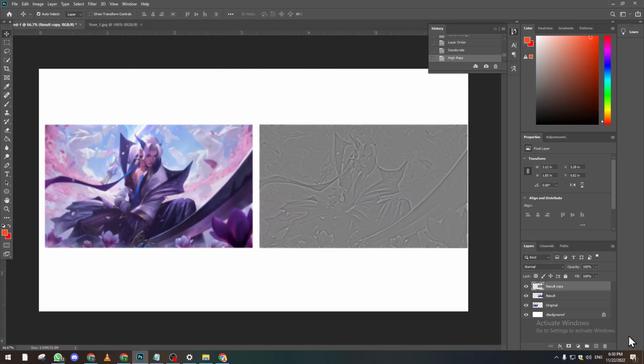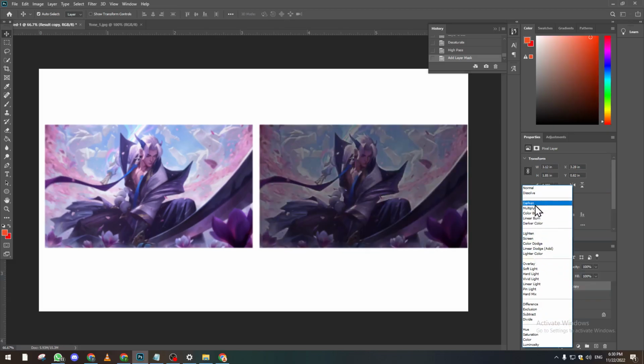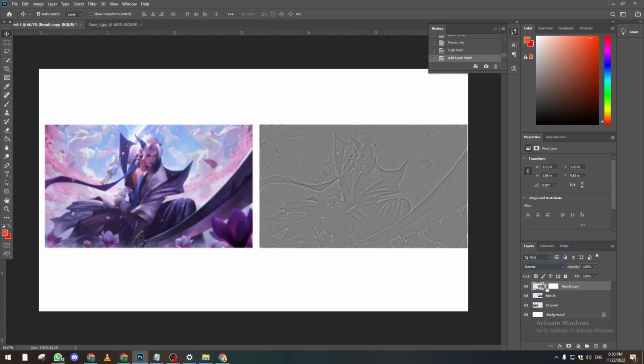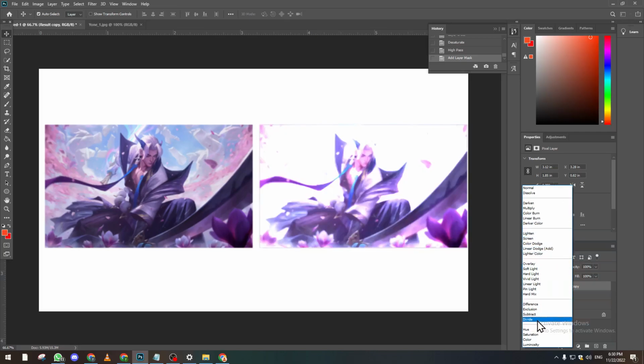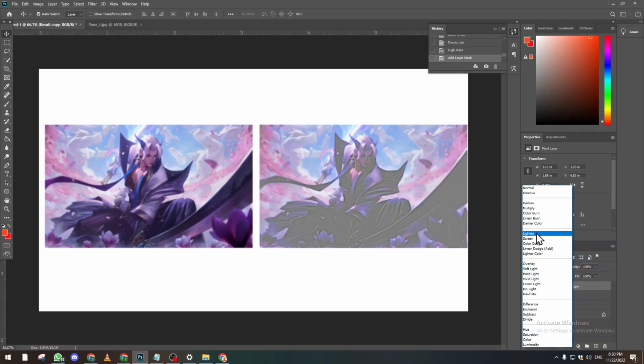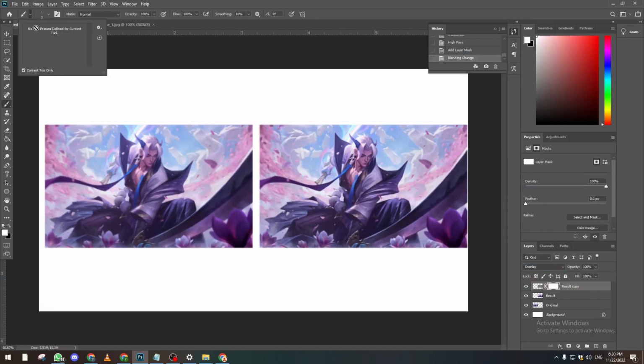Now let's add the mask, and of course we have to make it look like that. Okay, let's make it at least look like an overlay, and this mask will be edited. Let's click on this one,